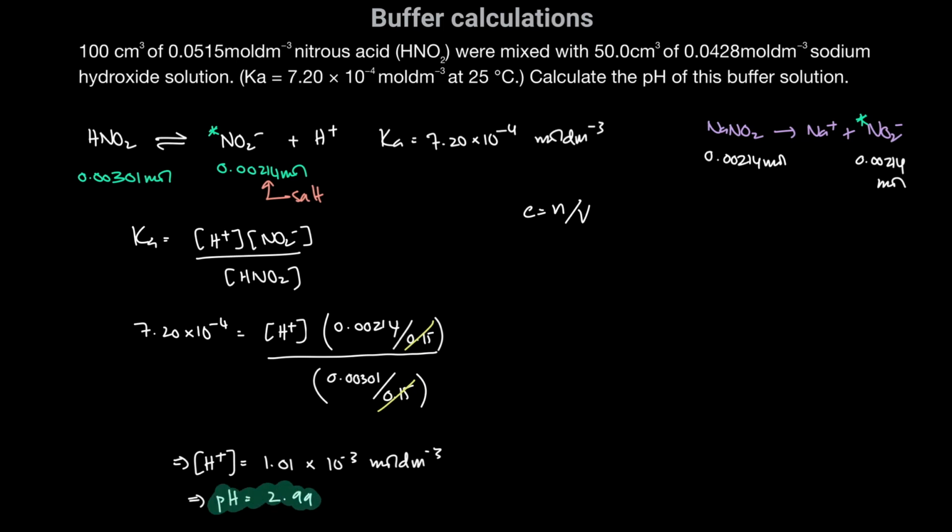Now, one thing to notice here is that ultimately the pH of a buffer solution simply depends on the molar ratio between the conjugate base and the acid, right? So for example, I could use double the concentration of conjugate base and double the concentration of acid. As long as the ratio between them is the same, the pH will be the same for that buffer solution. So the pH of a buffer simply depends on